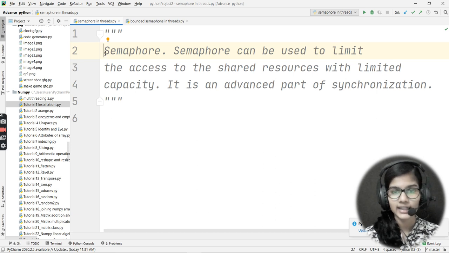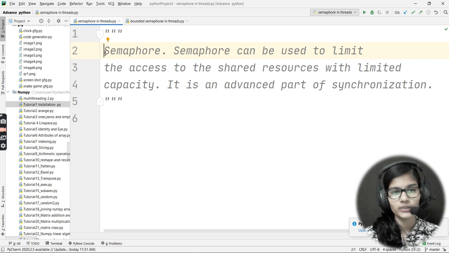Okay, after that, this is an advanced part of synchronization, right? We used to do synchronization using the lock and the RLock, right? These were the two techniques that we had already seen. So this is an advanced part of synchronization. Now, what was happening in that particular case where we were taking the lock and RLock? In lock and RLock, you can share the resources with only 4 to 5 persons at a time, right? You cannot make threads inside a thread and you cannot share it with many people, which was the reason why we introduced the semaphore here. So it can be used to limit access to shared resources with limited capacity. So it is basically an advanced part of synchronization, right?